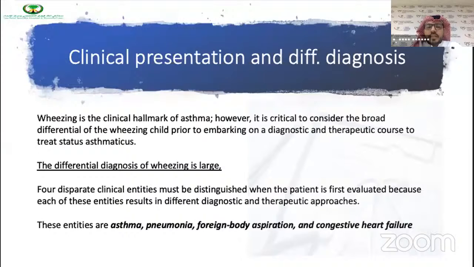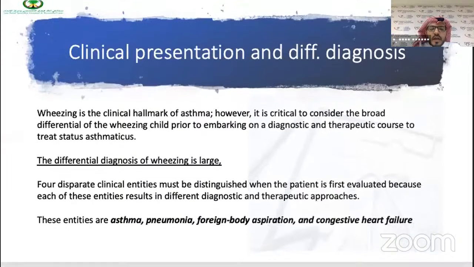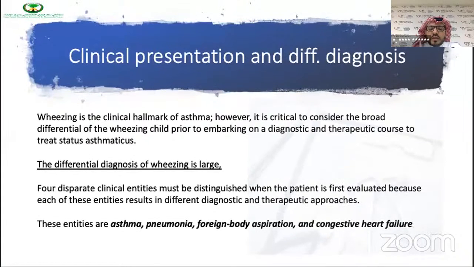disparate clinical entities that must be identified and distinguished from status asthmaticus, because they have different diagnostic and therapeutic approaches. These include pneumonia, foreign body aspiration, and congestive heart failure. Other differential diagnoses can be divided into upper and lower airway disease. These are more likely to be present with chronic or recurrent symptoms, such as